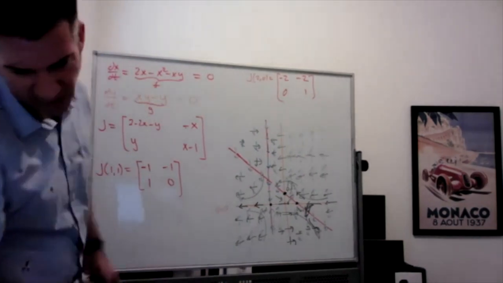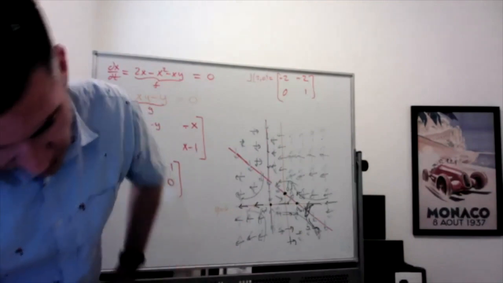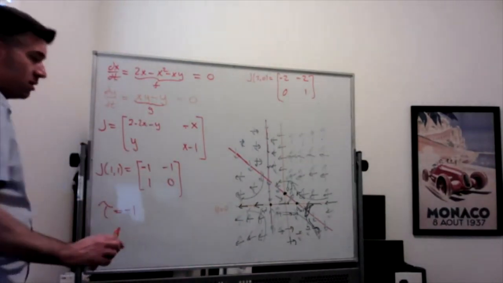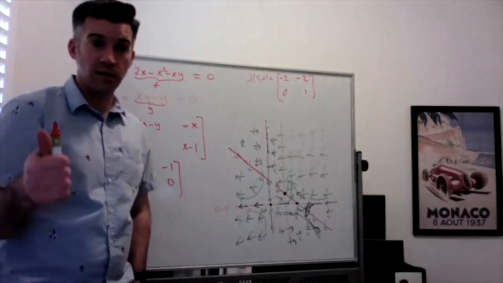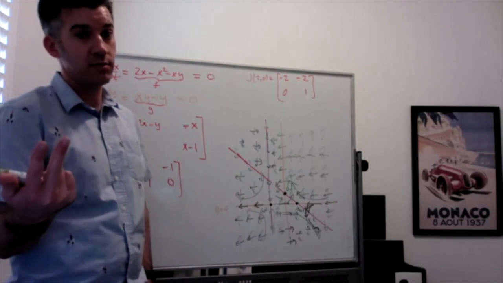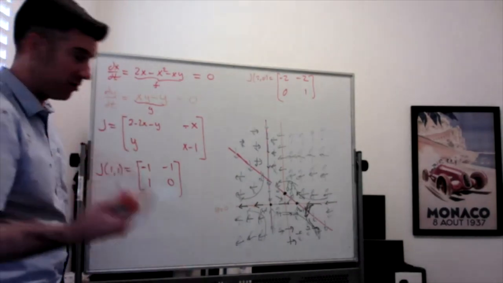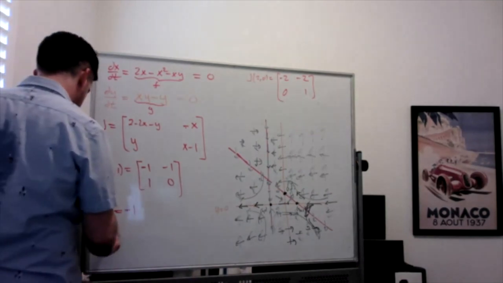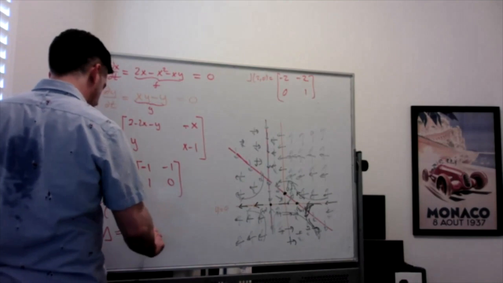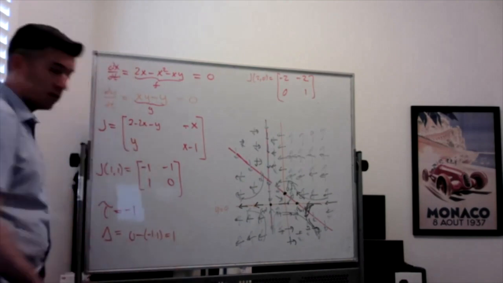Did I do this work? I feel like I did this work in my notes, but I'm not seeing it. Oh, I did it over here. Cool. All right. So my trace is negative 1. So we know that it could either be a stable node, a stable spiral, or it could be a saddle still. But if your trace is negative, it's either stable or a saddle. And then my determinant is 0 minus negative 1 times 1, which is going to be 1, which is positive,